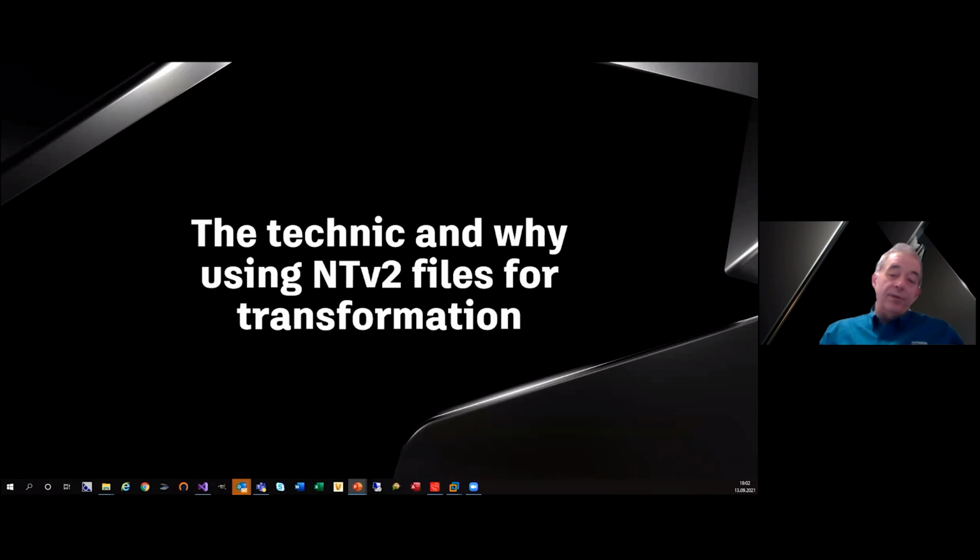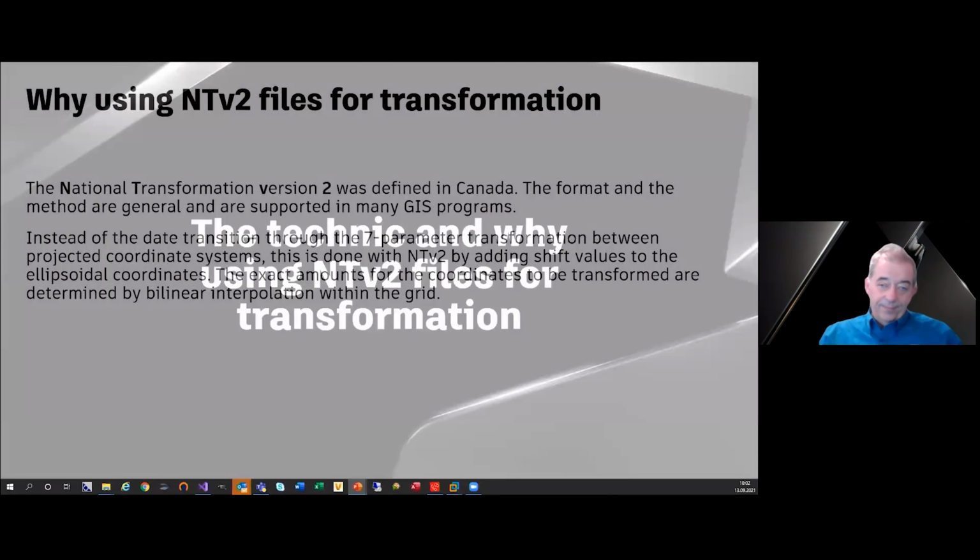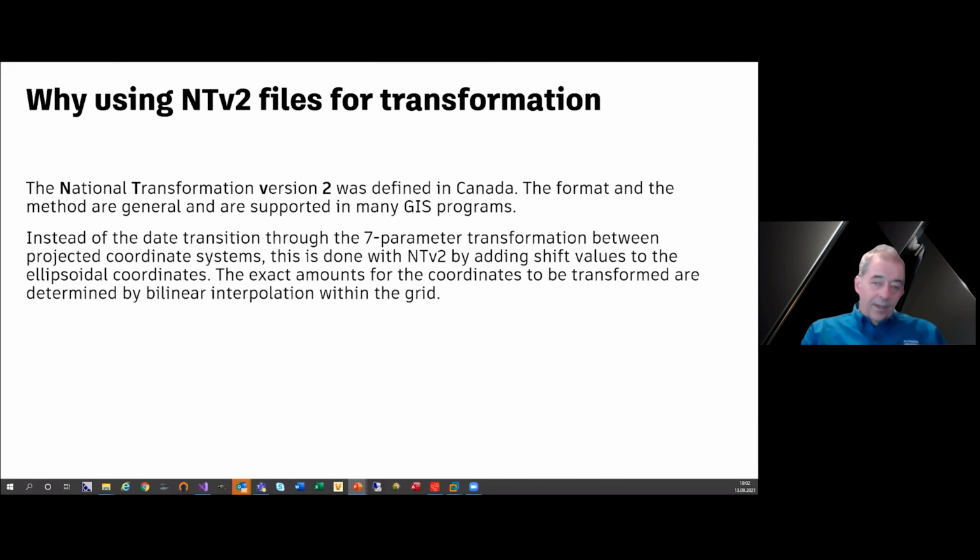Let us now have a look at the technique and why to use NTV2 files for transformation. The National Transformation version 2 was defined in Canada. The format and the method are general and are supported in many GIS programs.